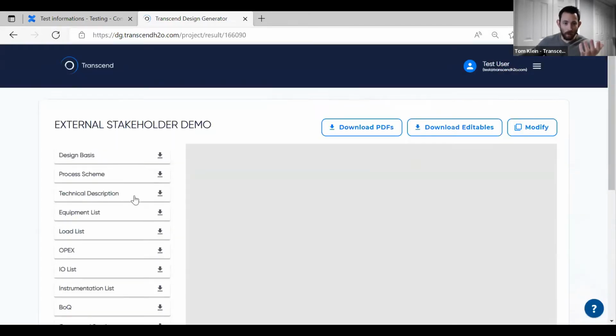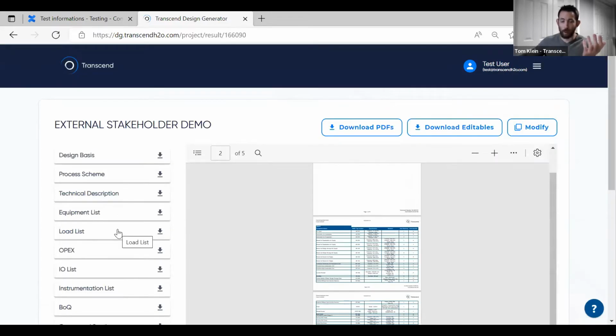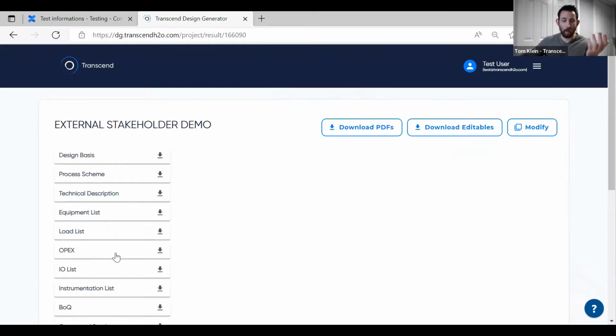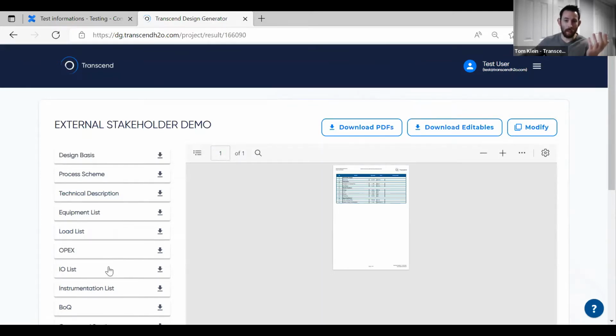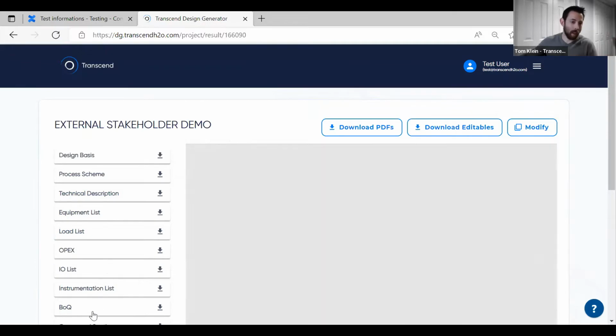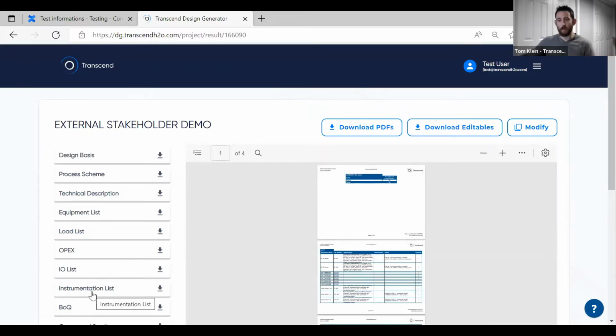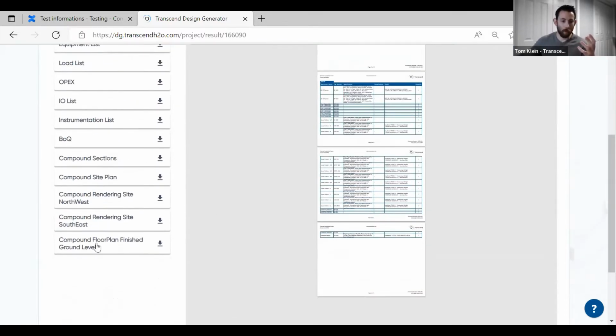You get some reports, drawings, more reports, equipment lists, load lists, tables of different varieties, a lot of OpEx and CapEx related documents, instrument lists. It's a lot of documentation that as an engineer, is very valuable from a design context, but there's also a lot of stuff in here that's helpful for many other purposes,